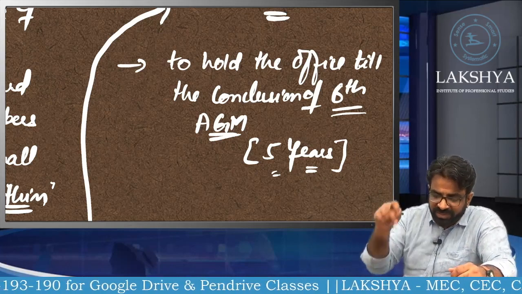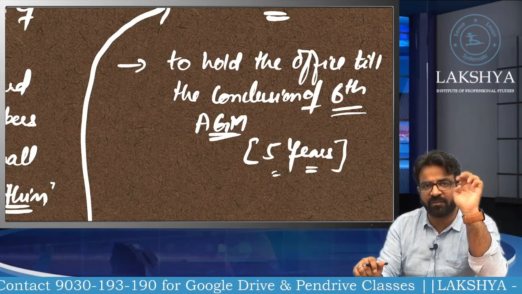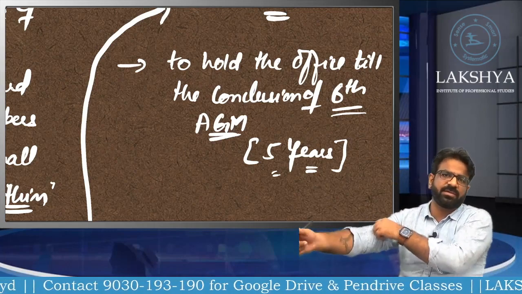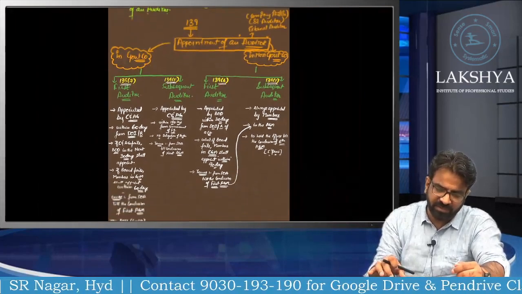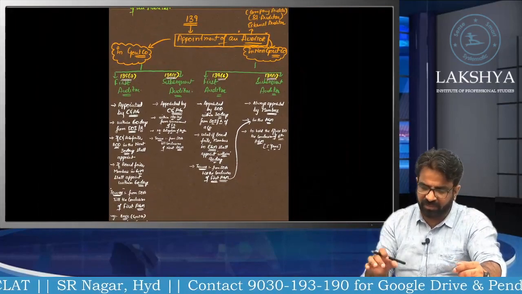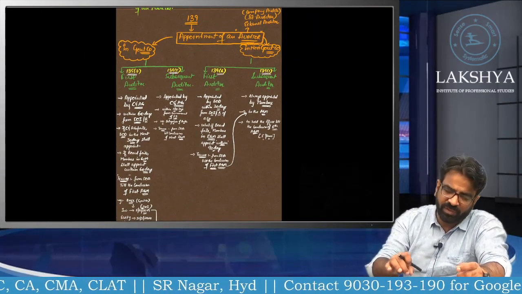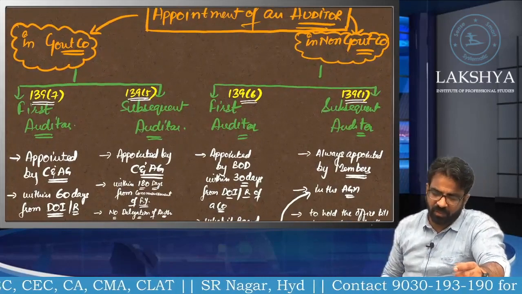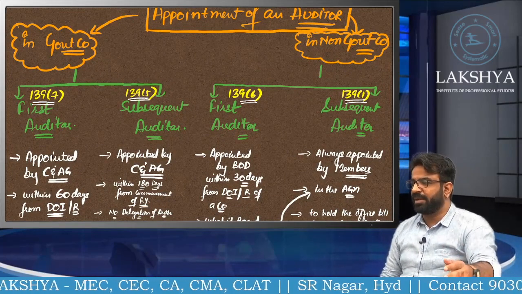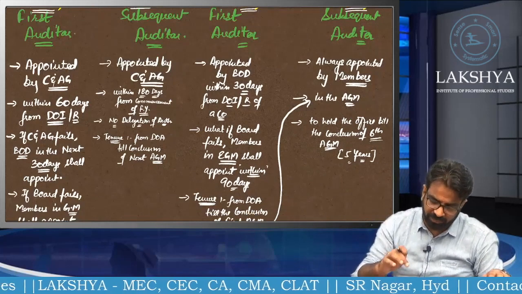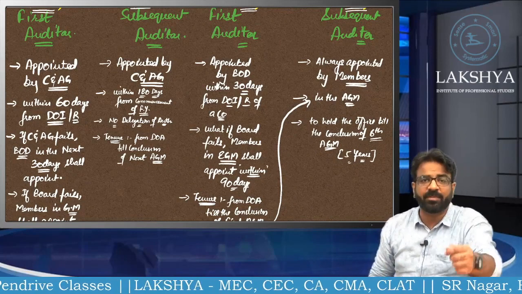Okay, sir? So this is the only auditor who is going to be appointed for how many years, sir? 5 years. Everyone clear? We can remove him before the expiry, but that is the concern of another section. I hope everyone is crystal clear with this section. Can you see now? The whole section 139 is there in front of you, with both government companies and non-government companies. Under that, the first auditor and subsequent auditor of both government and non-government companies, including their subsections. I hope you are liking the presentation and it is going inside your head very smoothly. Everyone clear up to this point?